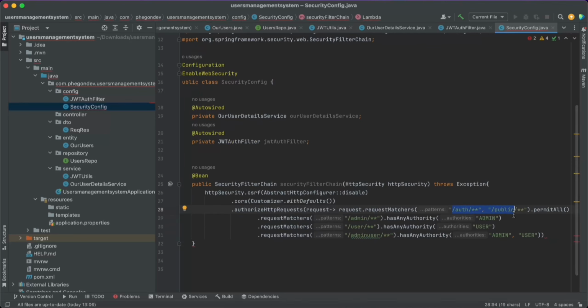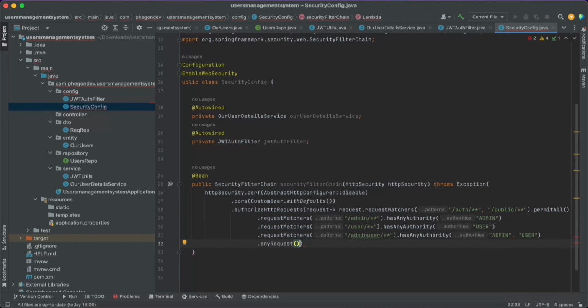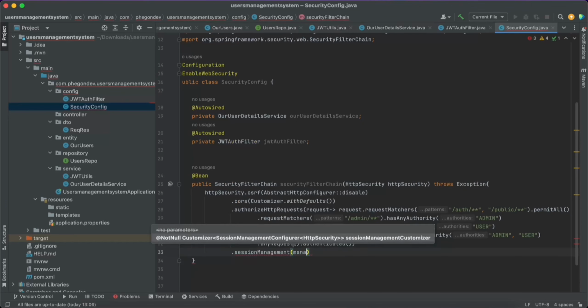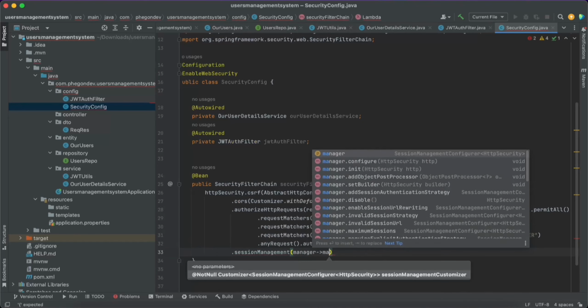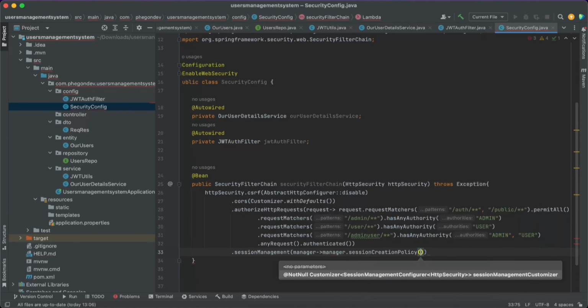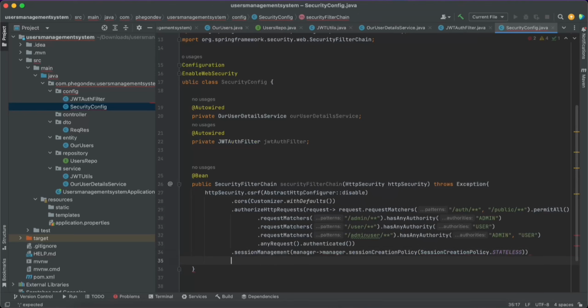Okay. So yep, that's that. And here I'm going to say dot any request. So any other request that was not added, I'm just going to authenticate it. So yeah, that's that. I'm going to say dot session management. Just going to call this manager. I'm going to say manager dot session creation policy, session creation policy dot stateless